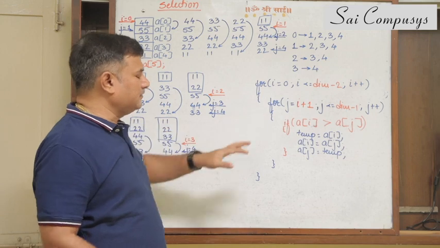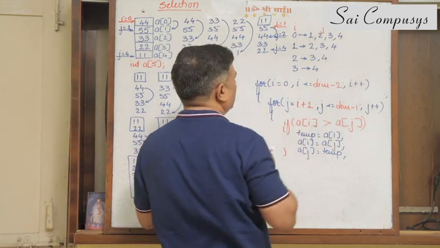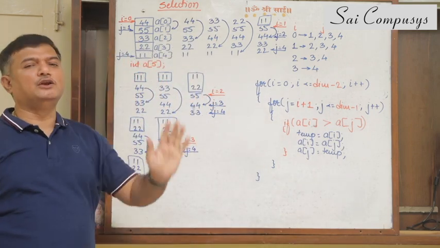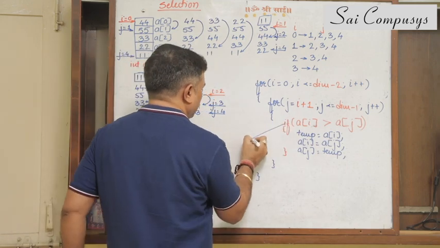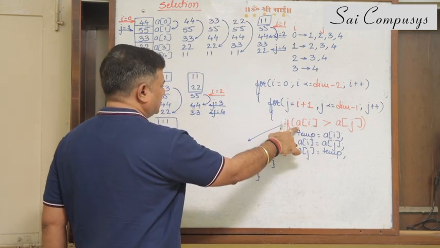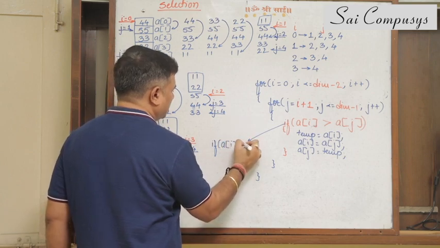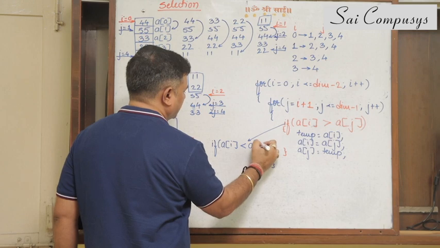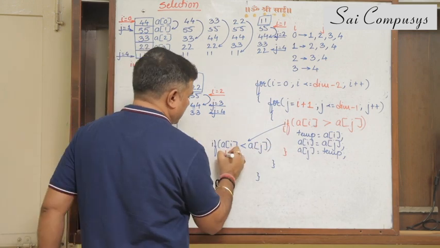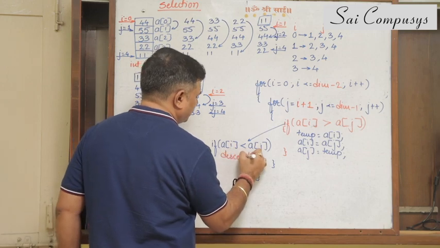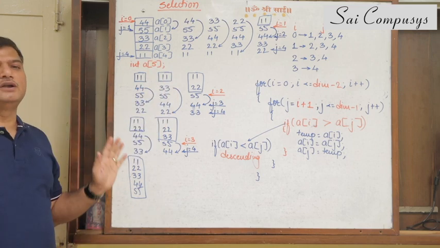Now, why we are using nesting was actually clear over here also. See, this is i, this is j. For each value of i, we are varying the values of j. And one small thing that you can do here is, if you want elements in the descending order, instead of this condition, I can write the simplest change: A of i less than A of j. This was for ascending, and if you put the less than sign, then instead of ascending, the elements will be arranged in the descending order. So this is the selection sort technique for you.